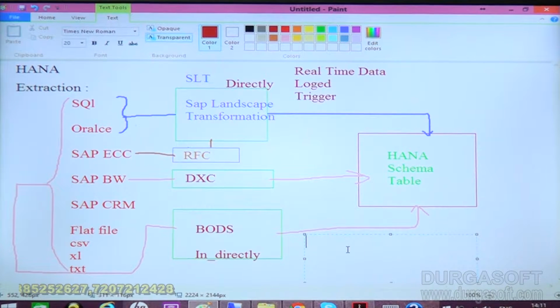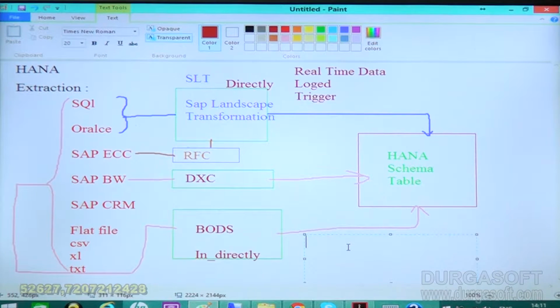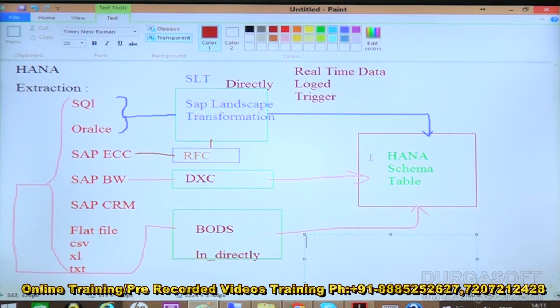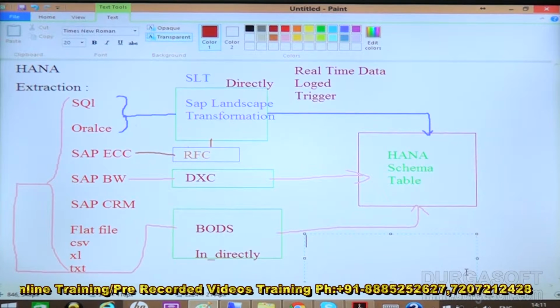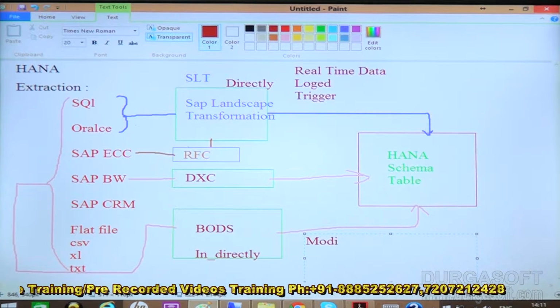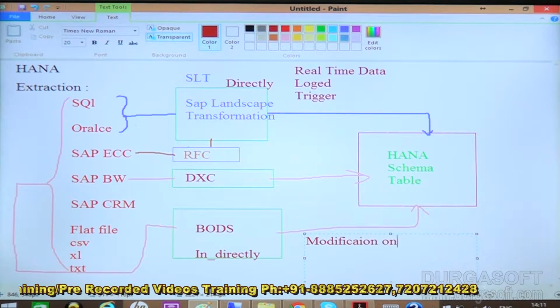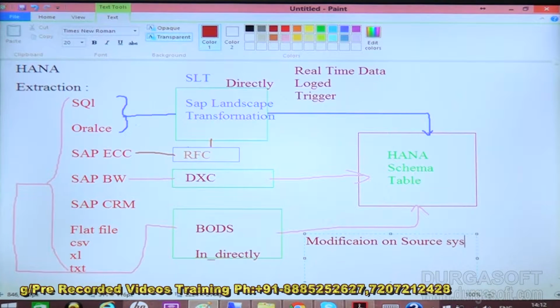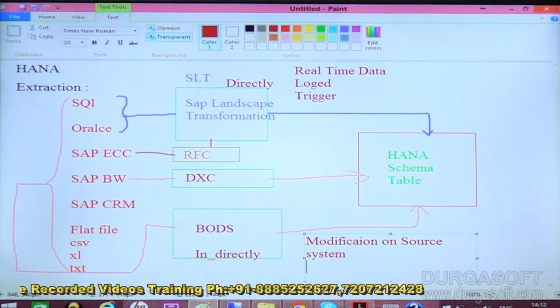So we need to get this requirement from these different scenarios. If my client says you need to change the entire source structure, then load to a target, it means that if you want to do any modification on a source system, then we have to use BODS.